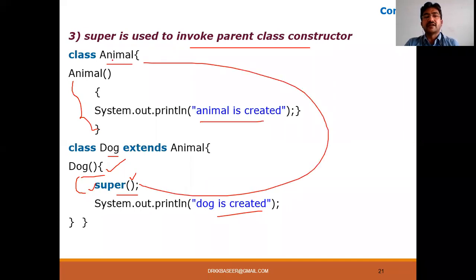That will call here. That is animal. It will call that because it extends. How can you know the parent of dog is animal? Because it extends the animal class. So dog is a child and animal is a parent. Now when you call a super constructor inside the child constructor, automatically whoever is the parent of that particular class or constructor, who is the parent of dog, is animal, that will be called. So the output first will display animal is created. Next output is dog is created.